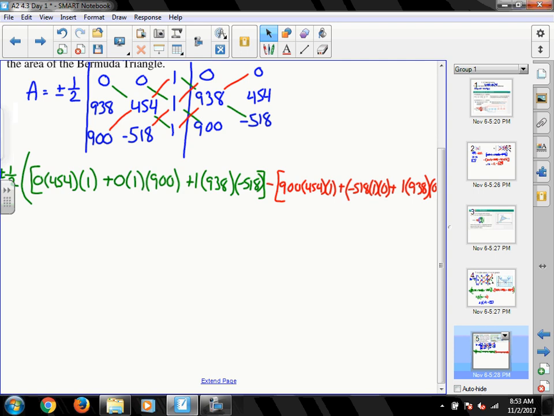Again, use your calculators. You don't need to. You can take these one step at a time if you want. With this 0 in there, that makes a lot of things go away. So what you get when you multiply this out, you get plus or minus 1/2. 0 times 454 times 1 is 0. 0 times 1 times 900 is 0. So I have 0 plus 1 times 938 times negative 518, which will give me negative